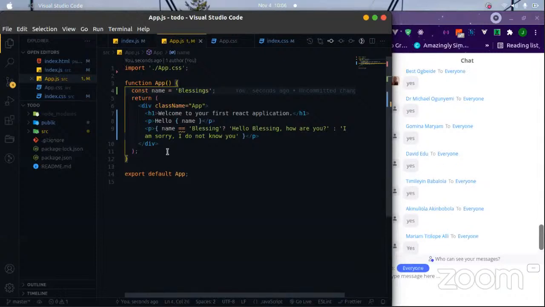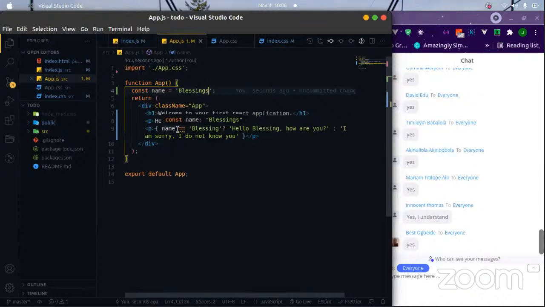We'll be discussing components. I think I'll be going to components, so I can actually explain what components are. Like I said, components are little chunks of code that we use to make our life a lot easier. So let's say, for example, we are building a website and we are building a blog, and in that blog,